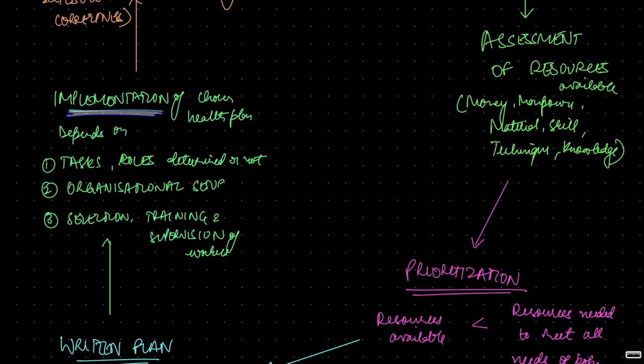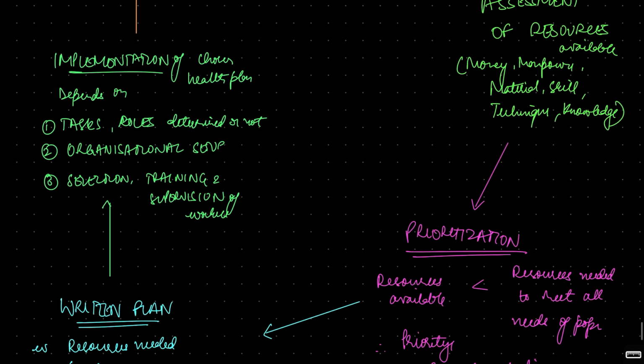Now, for the implementation to be successful, it depends on many things. Example, you should have a good organizational setup where at each level of the organization, each individual has set roles and set tasks. If your organizational setup is good and at each level you have individuals who know their role, who know their tasks, then the implementation will be